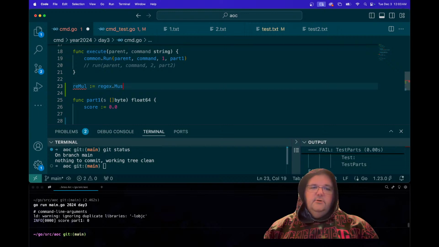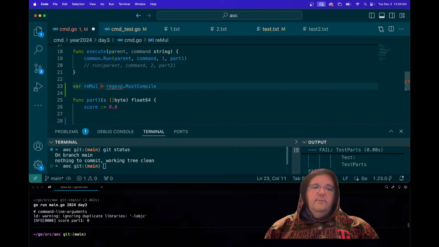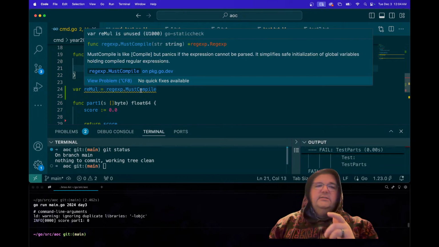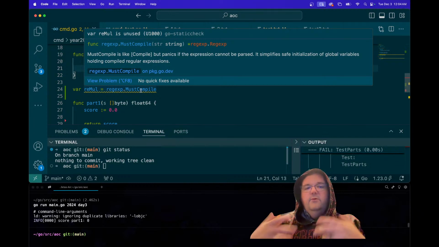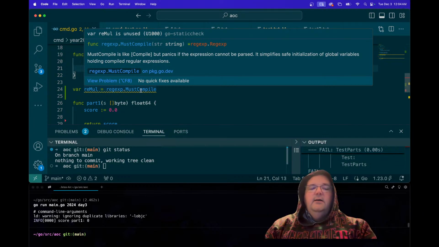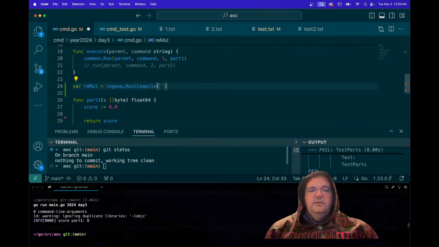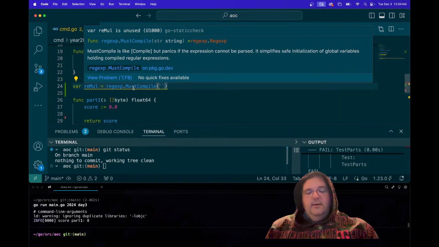We can use regexp.MustCompile. This is how I like to do my regexes. The compile step of a regex in Go can actually take quite a while. What I mean is that if you're doing it over and over and over again, compiling it can be costly. So what I like to do is use MustCompile, and you can declare that as a var, and then